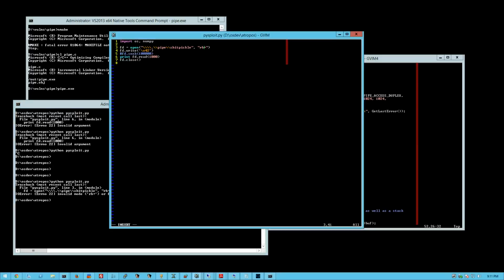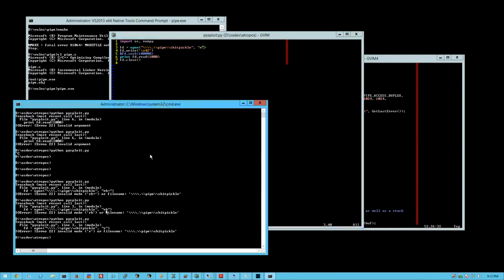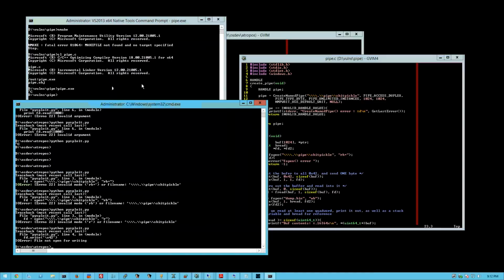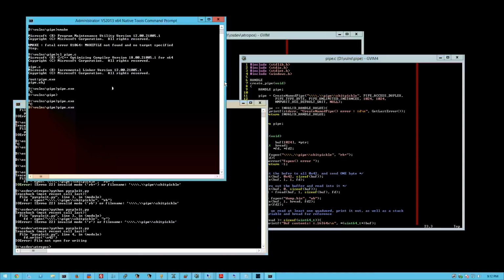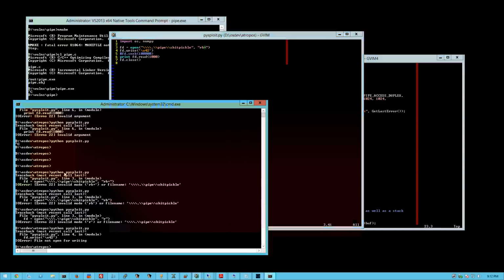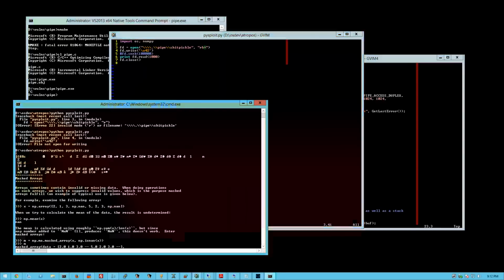Okay, invalid file mode. Valid file mode. That's strange. Did I? Okay, file not open for writing. Okay, perfect. So if I open this for read plus, and I run this, what you'll see is I write